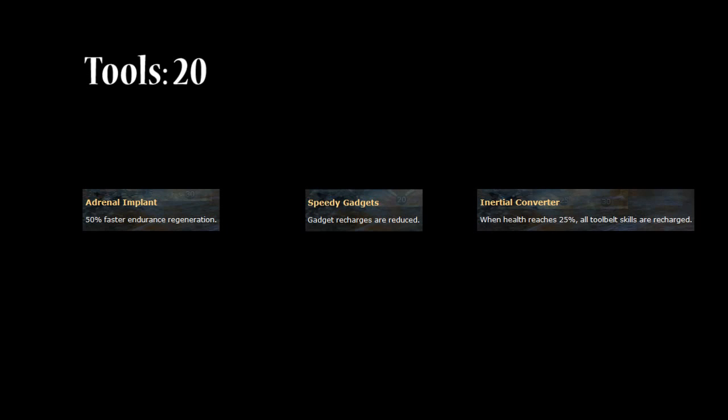20 points in Tools with Adrenaline Implant and Speedy Gadgets. The 20 points here are very important. They give me 20% shorter cooldown for all my tool belt skills, which gives me more heals, more big bombs, etc. Also, it gives me a complete cooldown reset for all my tool belt skills when I drop below 25%